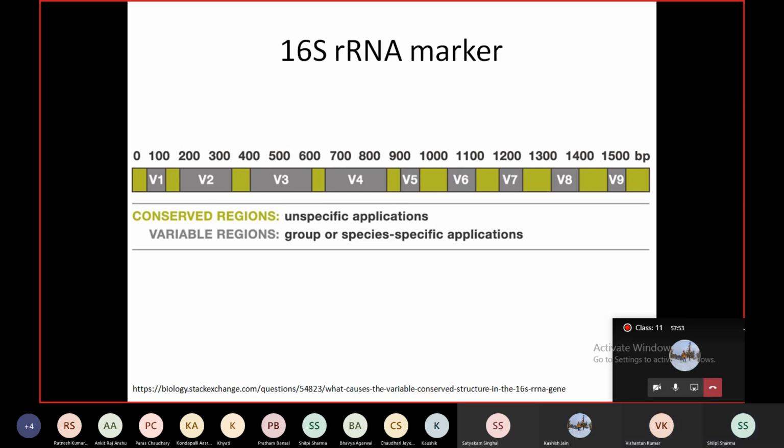Yes, ma'am. और किसी भी मार्कर में if you have a completely conserved or a completely variable region, it might not have the same level of resolution as a marker like 16S which has both conserved and variable regions।